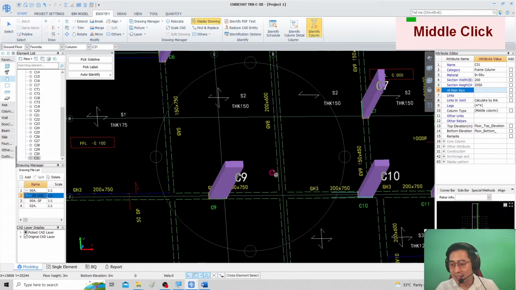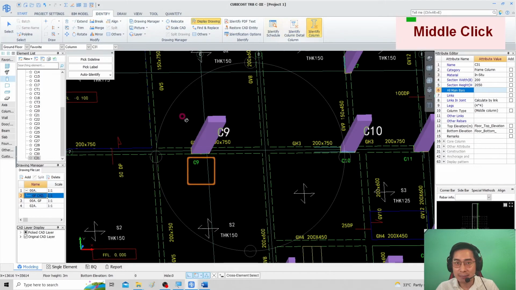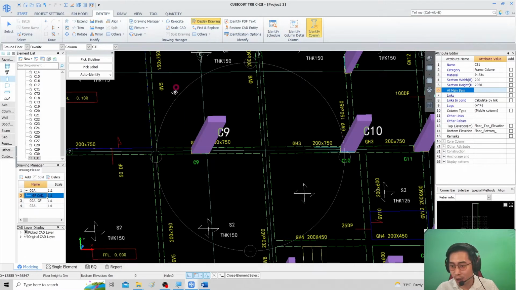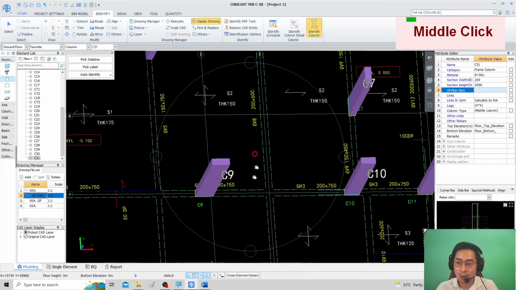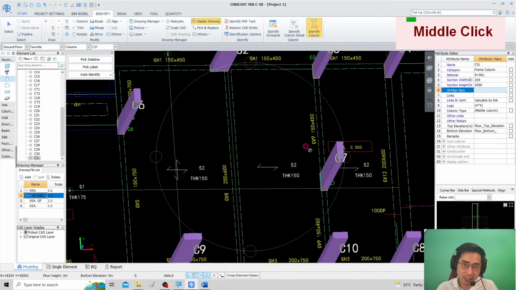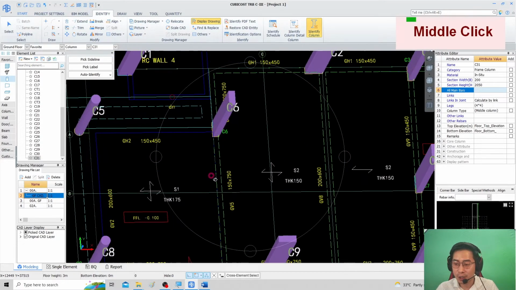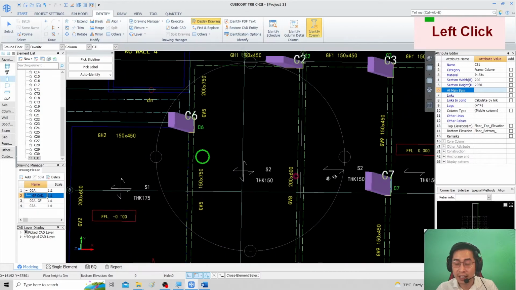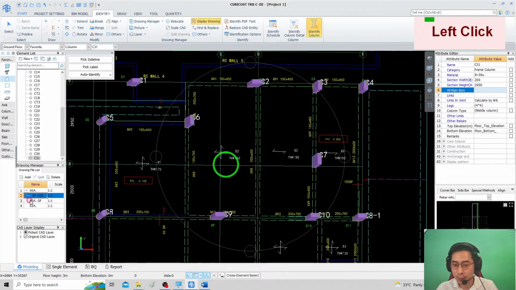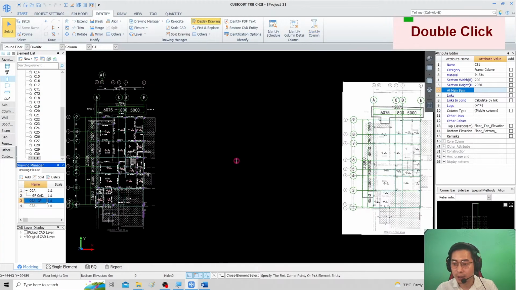However, this identify feature is very dependent on the quality of the drawing. If the drawing quality is bad, then you'll need a longer time to identify, which is not worth it in some cases. Another limitation is that the identify function only works on CAD drawings, such as this one, a CAD converted drawing,